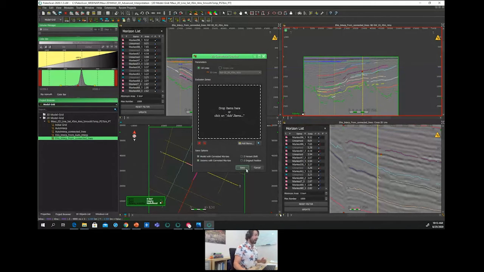And there are two additional outputs, more secondary but useful to QC the work, including the original position. So the original position corresponds to the value before the mistie correction.